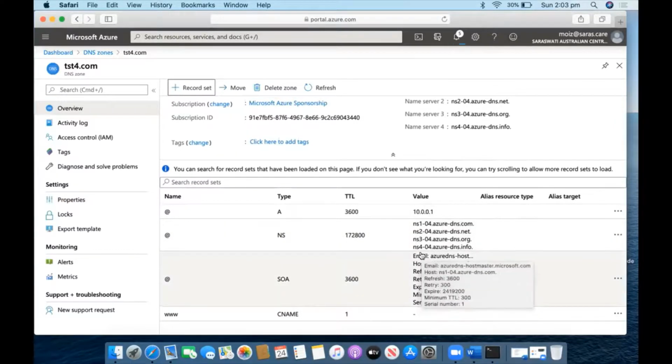But whenever I am coming from the internet, like saras.care, how will my DNS provider know where my particular virtual machine is? Because my domain provider is just providing the domain name. So when I go to my domain name, everyone will be coming to my domain name. Whenever I type saras.care in Google, it will go to the Namecheap DNS server. After going to the Namecheap DNS server, if my DNS provider does not have any virtual machine details or IP address to redirect the traffic to, how can they redirect the traffic to Azure?